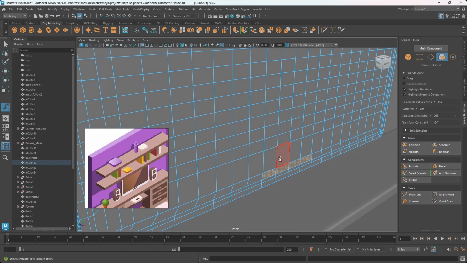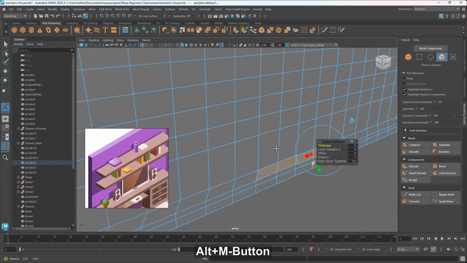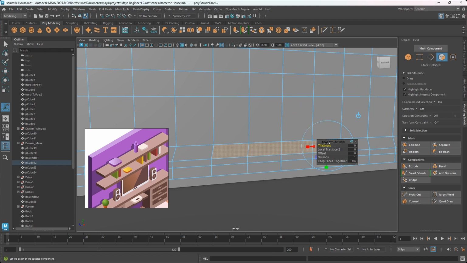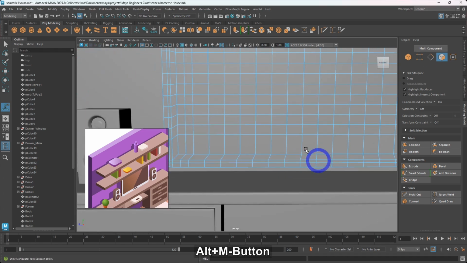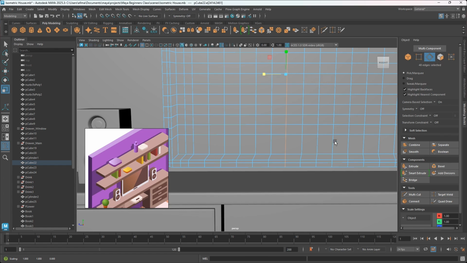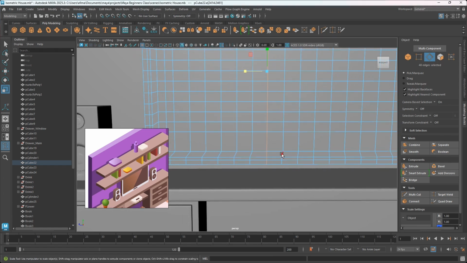All right, and we'll hit Control E to extrude, and we're going to offset a little bit, but I have issues here, so I'm going to undo this selection. So I can just right click, go into the edge mode, double click on this loop, hit R, and I'm going to scale flat. Select this, scale flat. Almost everything here is having this issue, so we're going to scale flat,